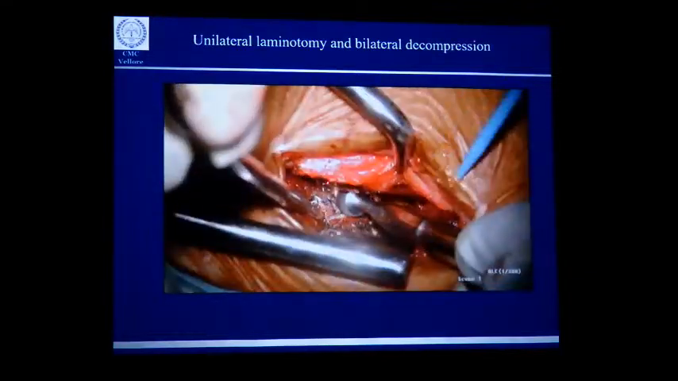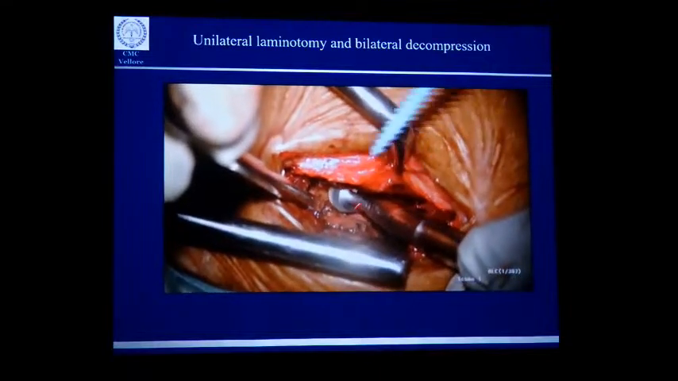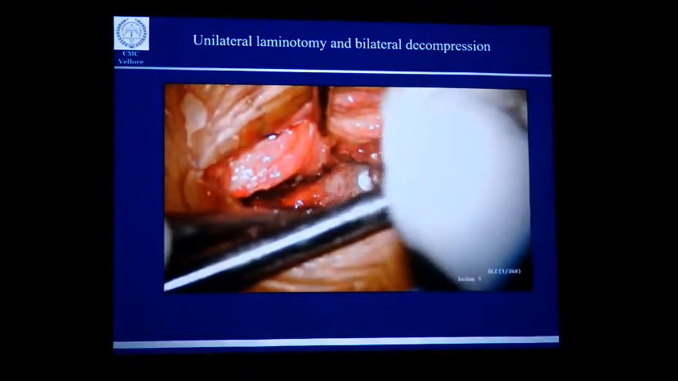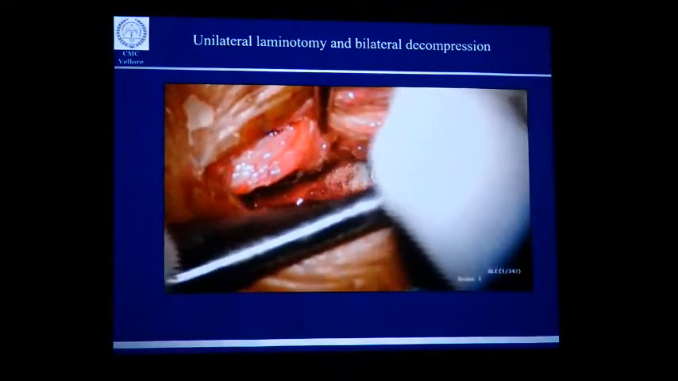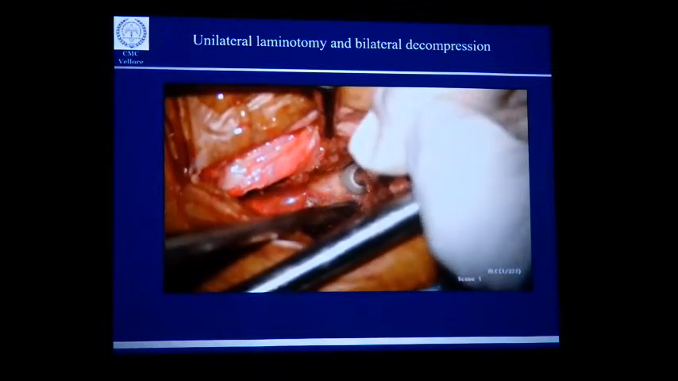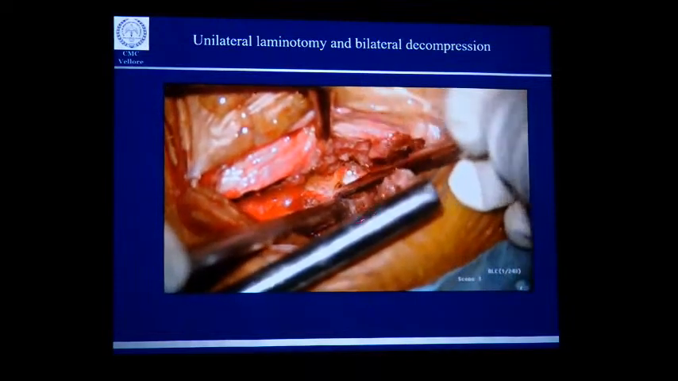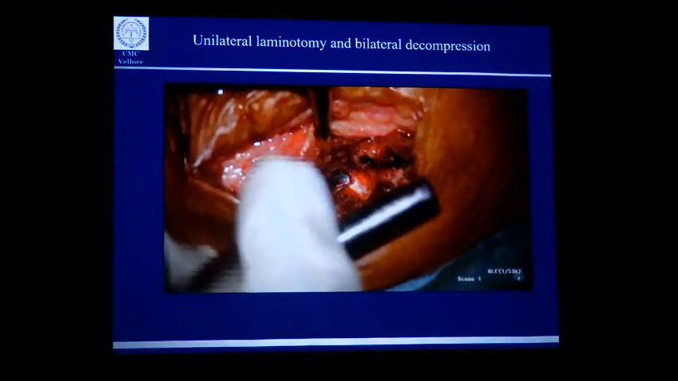So this is an operative video of unilateral decompression. You can see that this is the spinous process and the midline structures are retained. We use a hemilaminectomy retractor, which has a hook on one side and a plate on the lateral side. And you decompress the